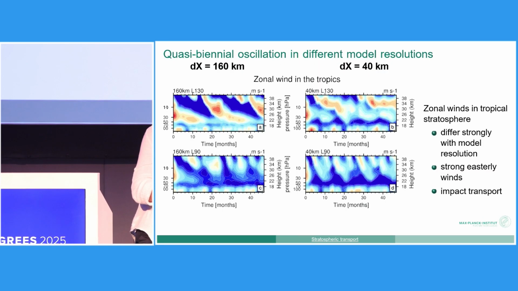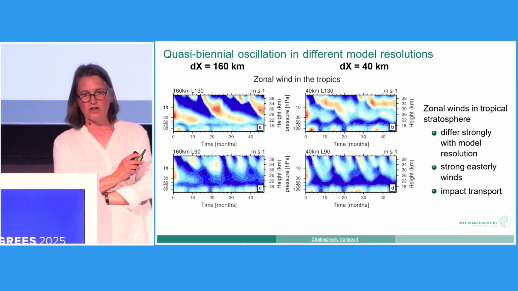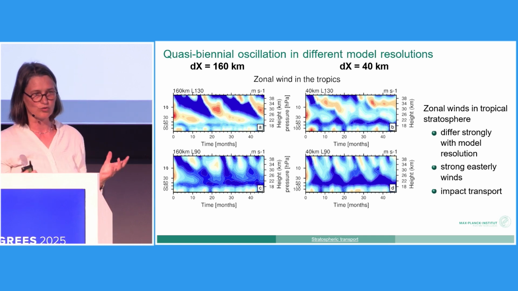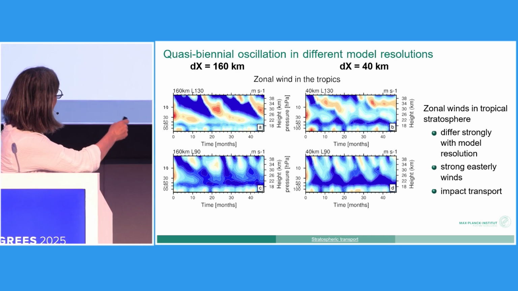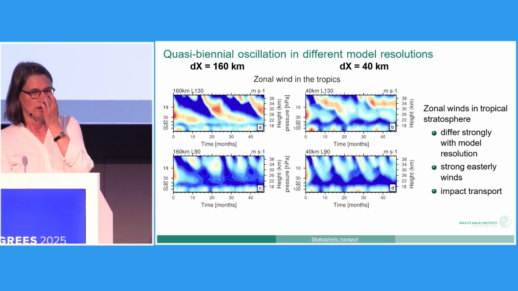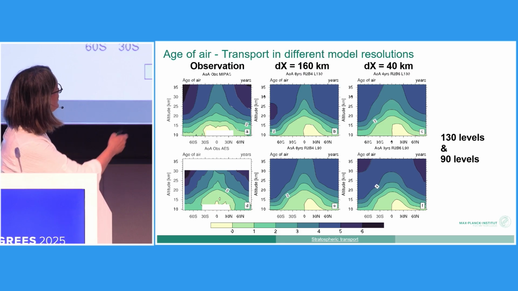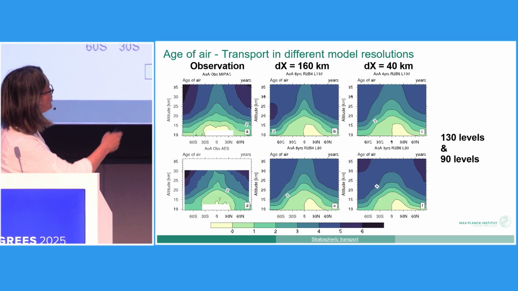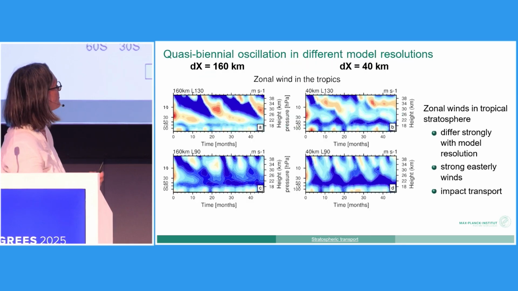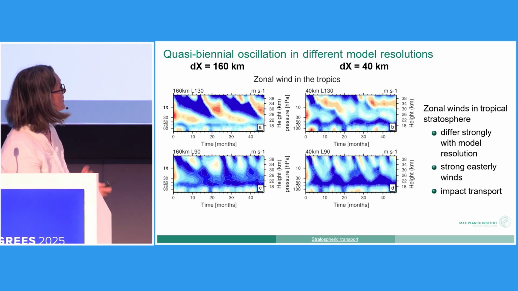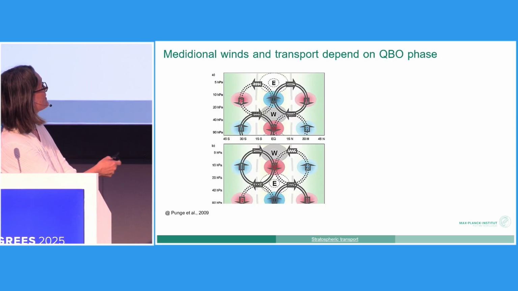The answer is again given in the dynamics. So here we are back to the quasi-biennial oscillation, and we see the results of this QBO for our four model simulations. When we have the 160, the low horizontal resolution, we get this biennial oscillation quite well. This is also what we get when we calculate the differences, and it is closest to the observation. When we increase the number of grid points to this 40 kilometer grid distance,